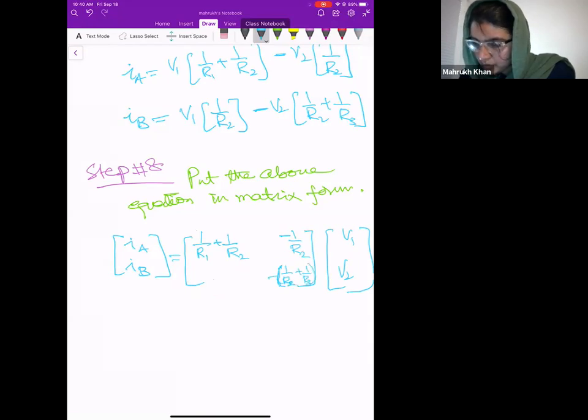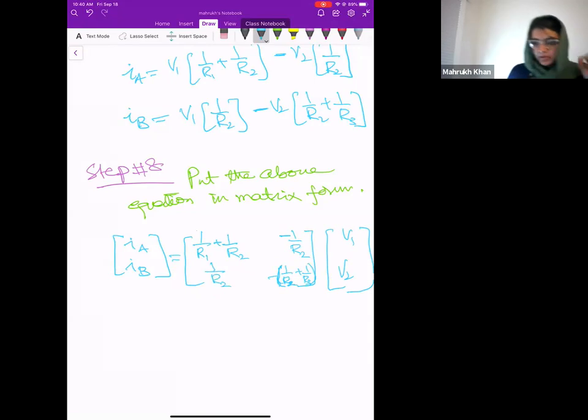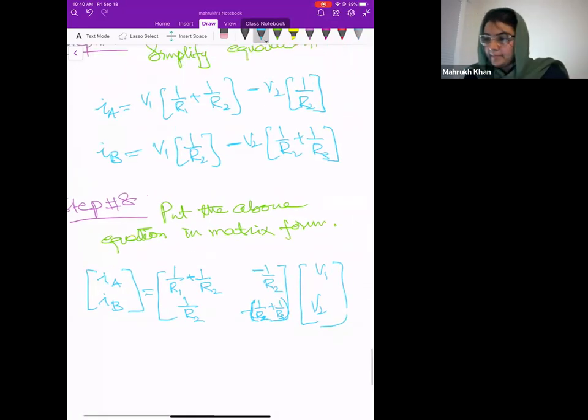R2 plus R3 and 1 over R2. Okay, so if you see in this form, I took IA and IB as it is, then I took two variables that are unknown as V1 and V2. And if you see that,